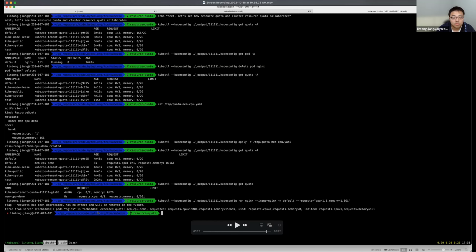That means the cluster resource quota just admitted this request, but the resource quota admission component rejected it because the request goes beyond the customized resource quota we just created.